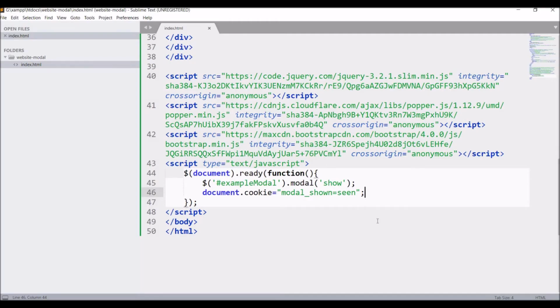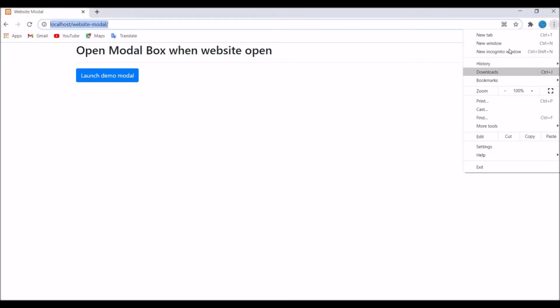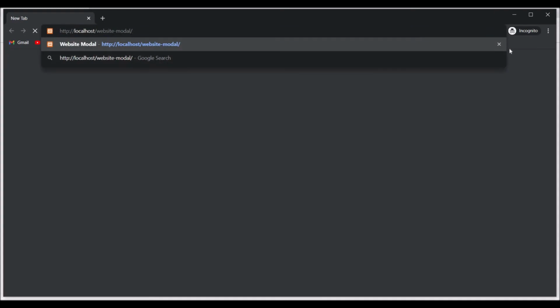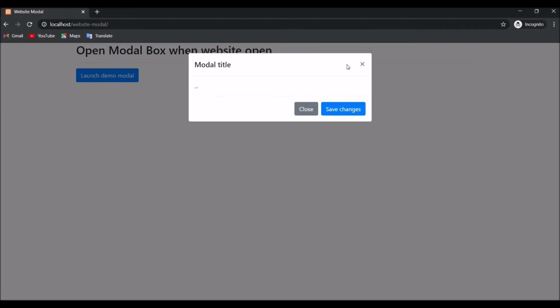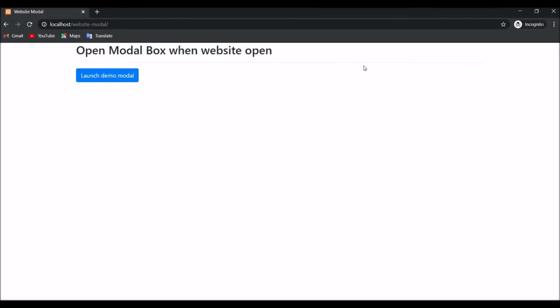Let me alert my cookie once: alert document.cookie. Now let's check in an incognito window. Enter, and now you can see one alert is there, modalShown equals seen. So our cookie is set and our modal box is also opening.